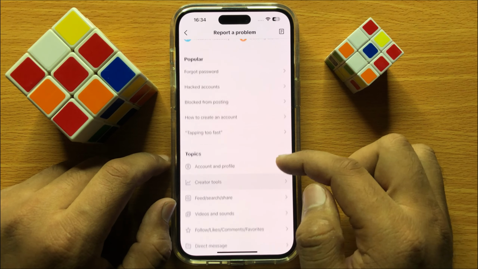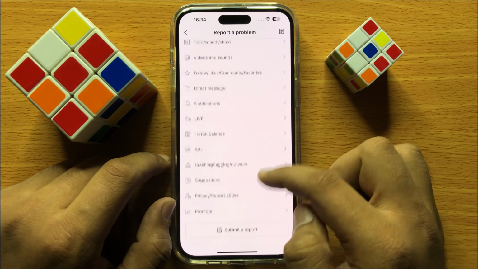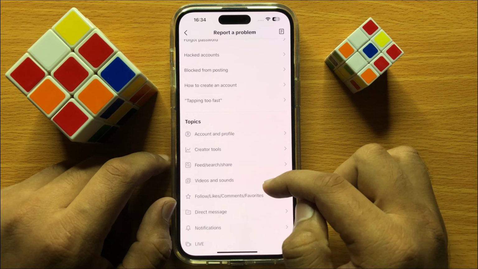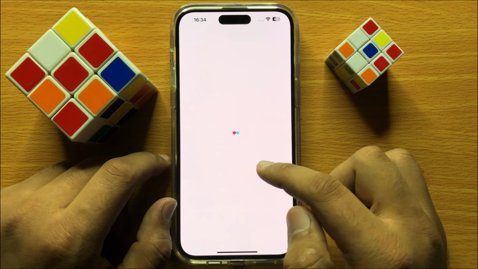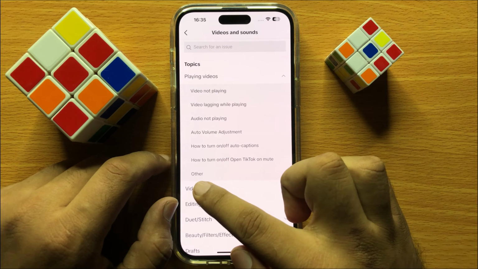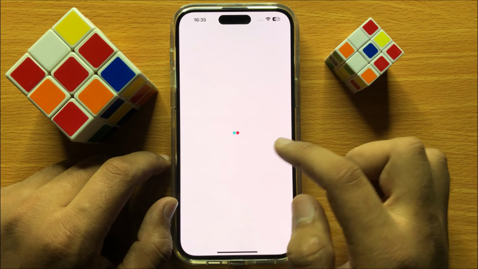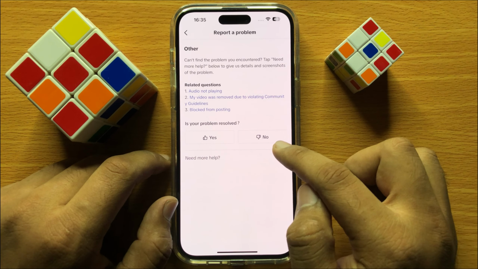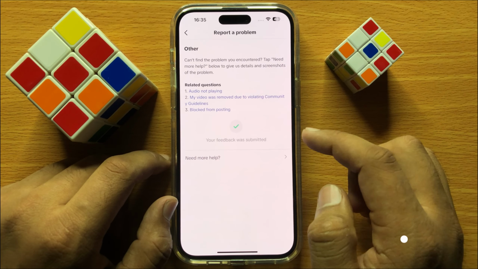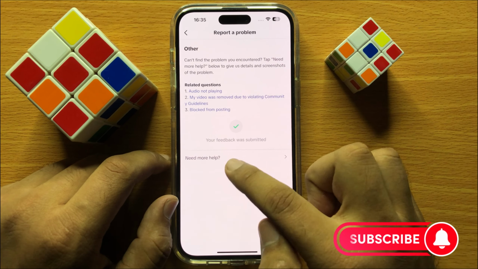and here scroll down and click on videos and sounds. Now here click on other and here click on no and then click on need more help